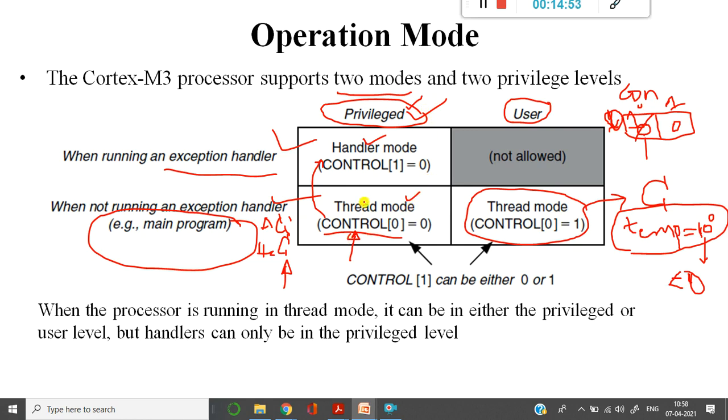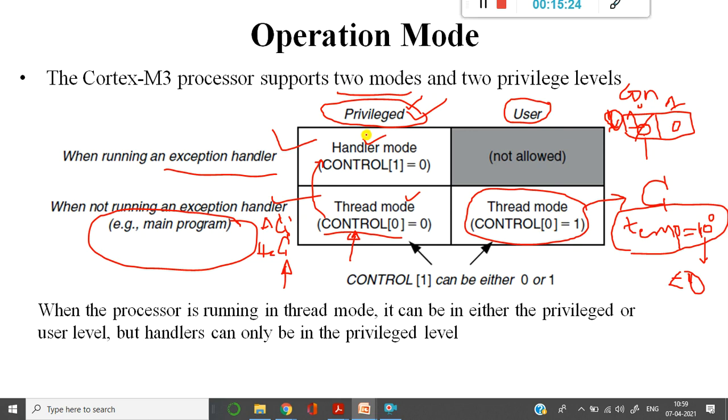Now assume that there is once again a fault that may occur in your hardware, and in such cases the system level program that is present in the system level area, that particular code has to execute. This is nowhere related to your user program. These two are related a little bit to the user program, but handler mode is nowhere related to it, because I am not the person executing.